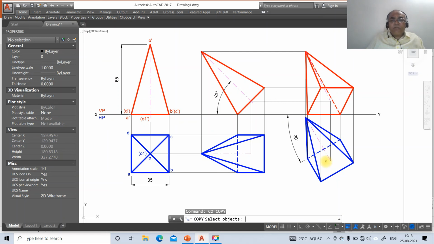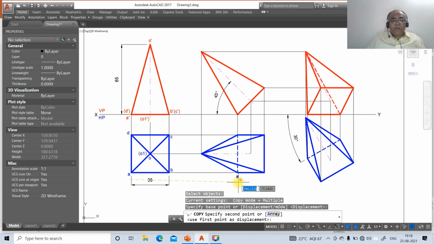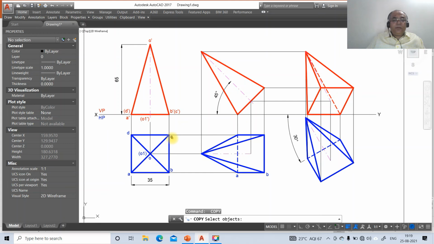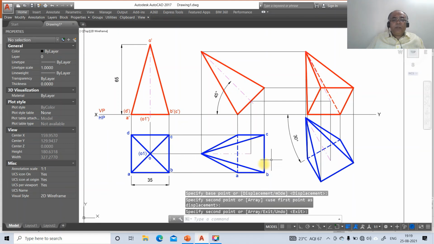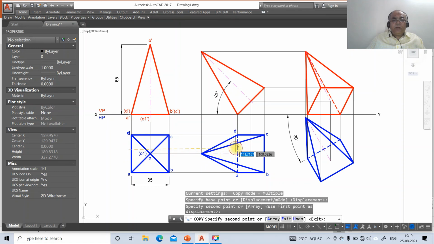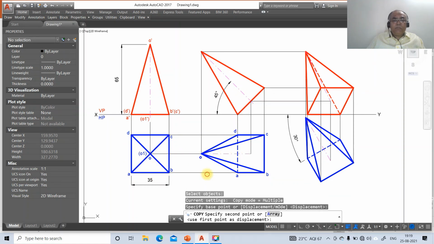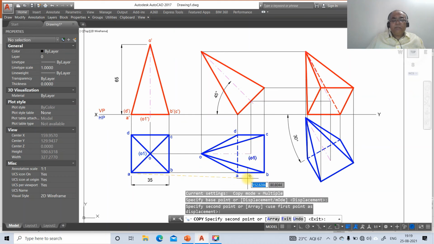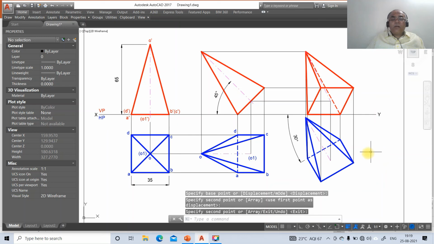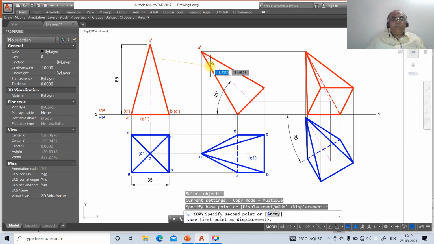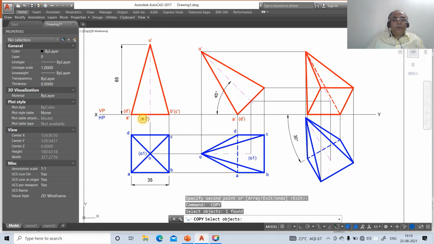Now you just go to copy this A here, and then copy B here, then copy C here, then copy D here, then you copy O here, then you copy O1 in bracket, then here you just copy O dash, you copy A dash, you copy D dash, you copy O1 dash, you copy B dash, you copy C dash,